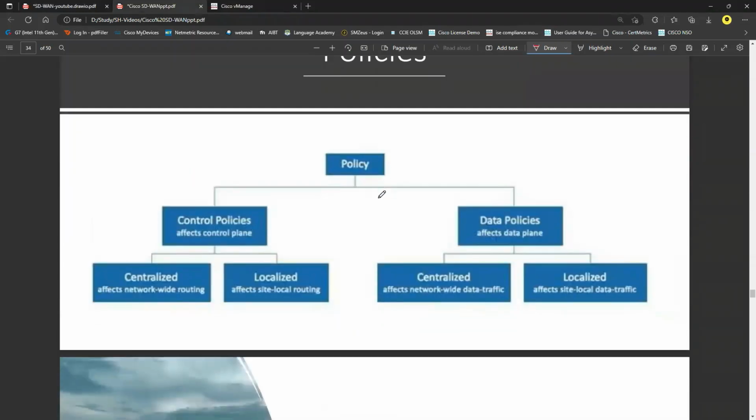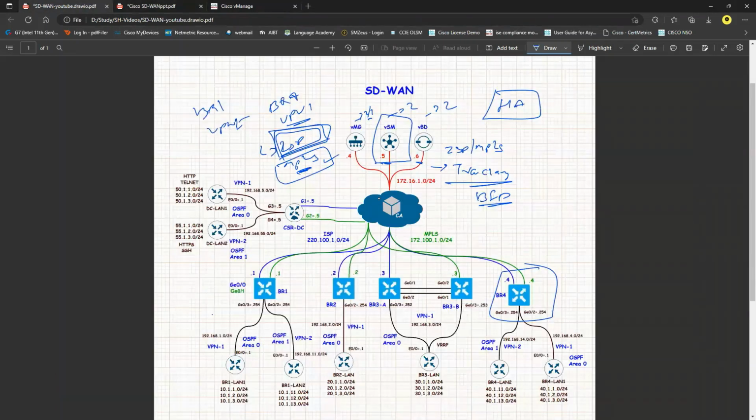Again, in the policies, when we have the control policies and the data policies, in both of them you have the centralized policy as well as the localized policy. The difference is that a centralized policy will be pushed to vSmart, and vSmart will make sure that the whole network is affected. All the network will be affected in the centralized policy. But with the localized policy, you are just affecting a particular